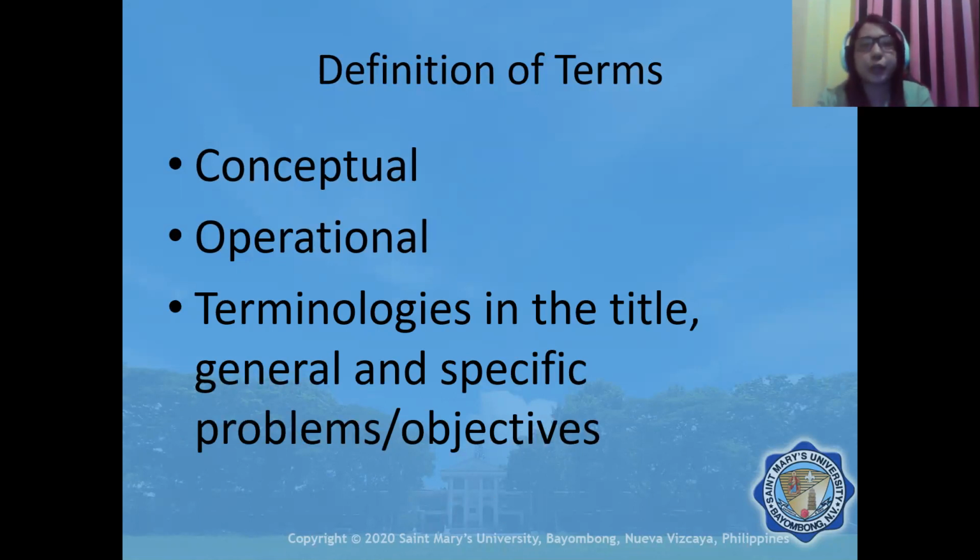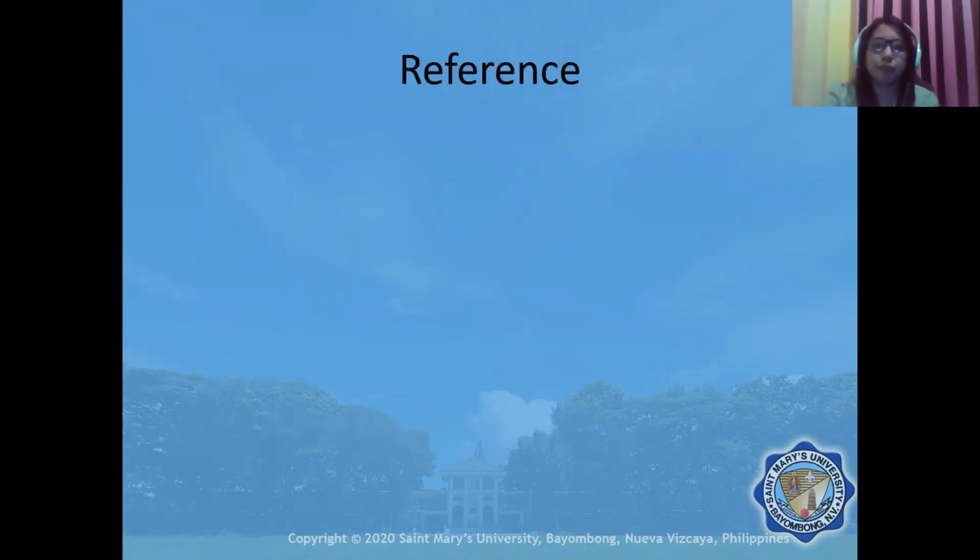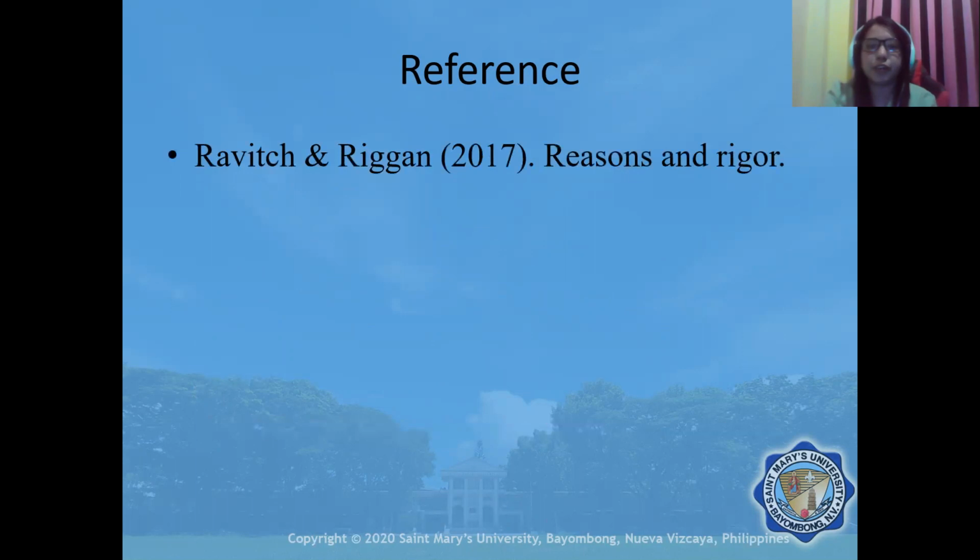And what are the terms that you need to define? Terminologies in the title, your main variables. They can be terminologies found in your general and specific problems or objectives. It refers actually to all the main variables of your study. And for the reference materials,